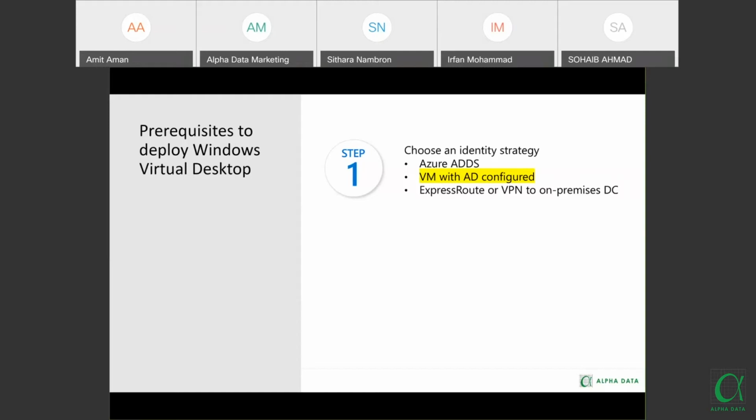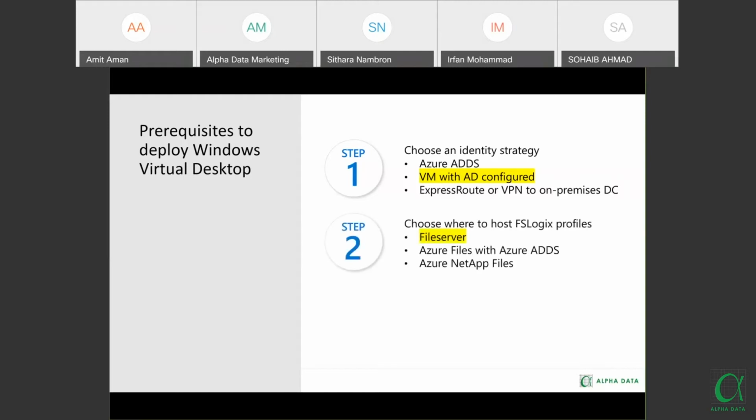For this demo, we are using the IaaS service: we have created a virtual machine on Azure, and we have configured Active Directory on top of it. The second step is choosing where to host the FSLogix profile. FSLogix has been acquired by Microsoft very recently, and it is used for creating user profiles.